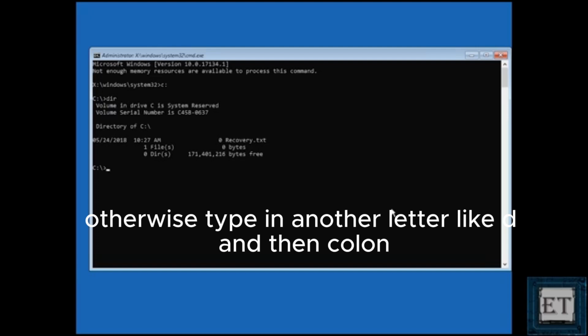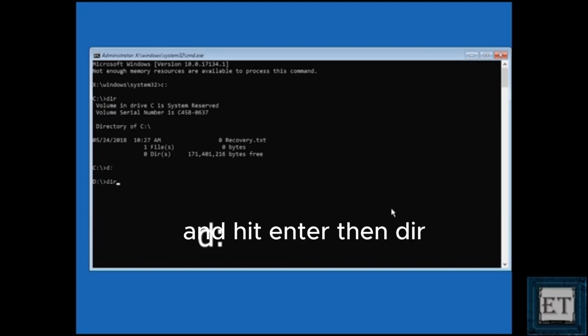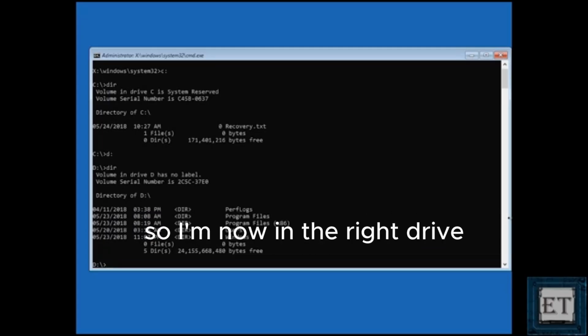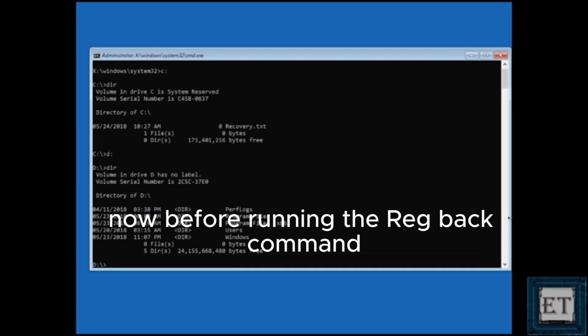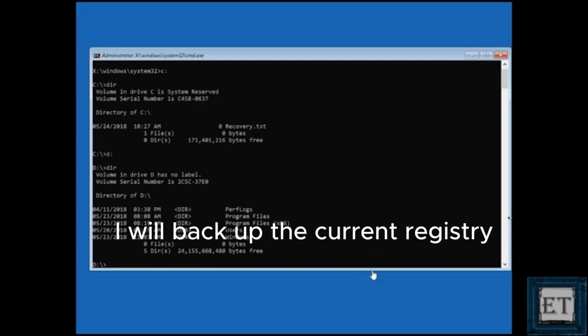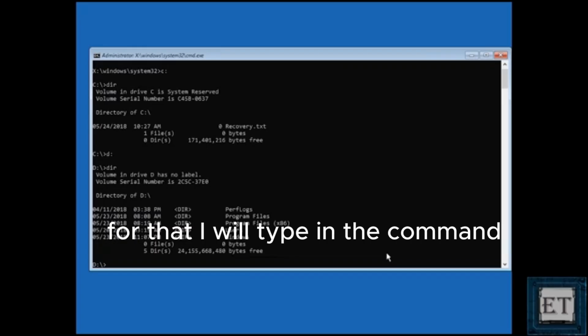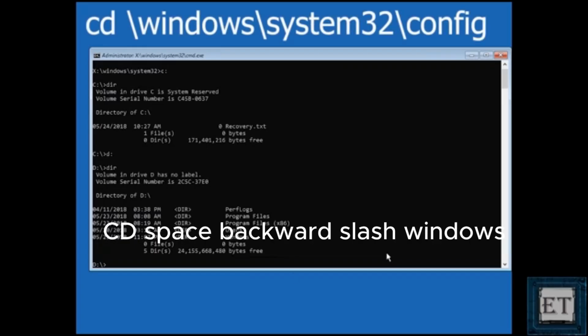Otherwise, type in another letter like D and then colon and hit enter. Then dir. So as you can see, here are the directories I was expecting to see. So I'm now in the right drive. Now before running the regback command, I will back up the current registry in case I have some need to restore it afterwards. For that, I will type in the command cd space